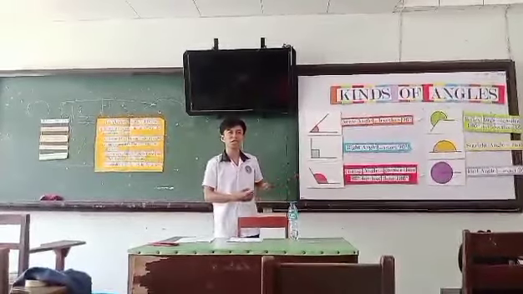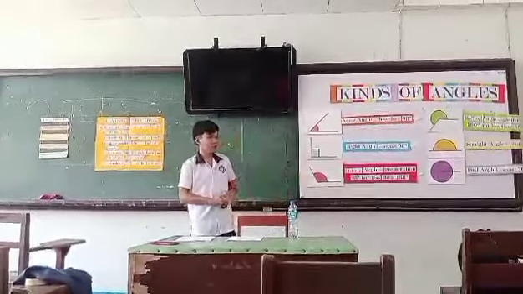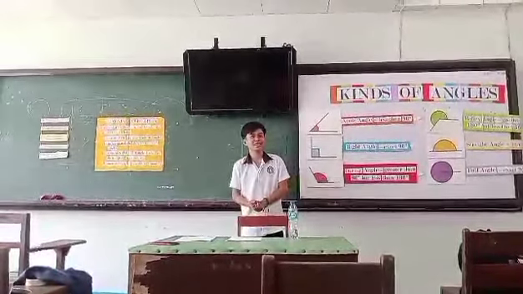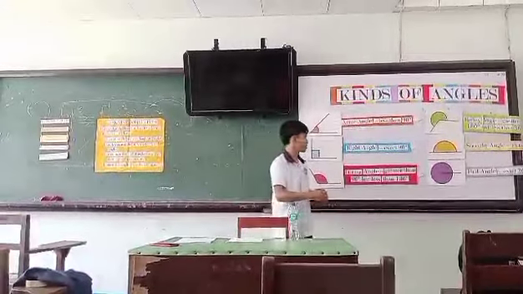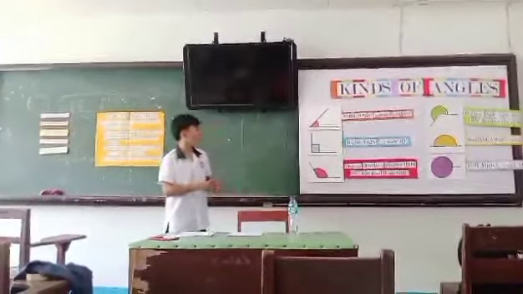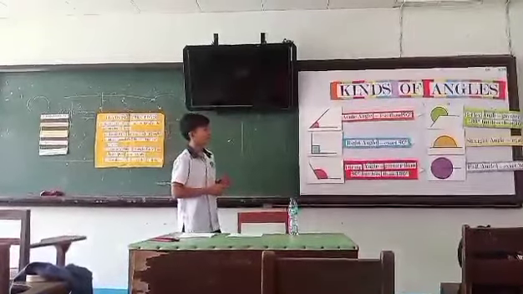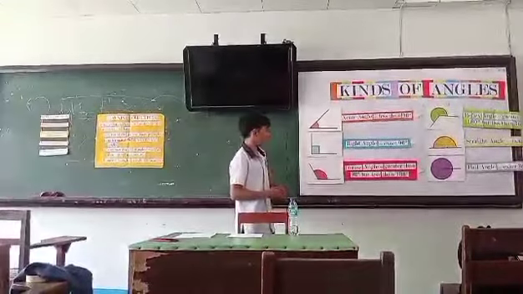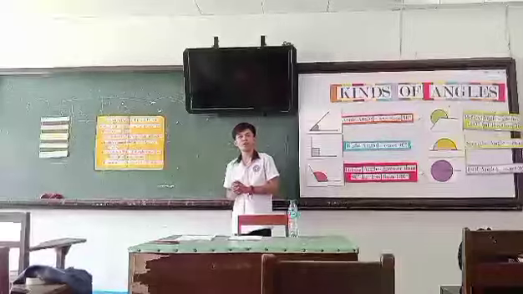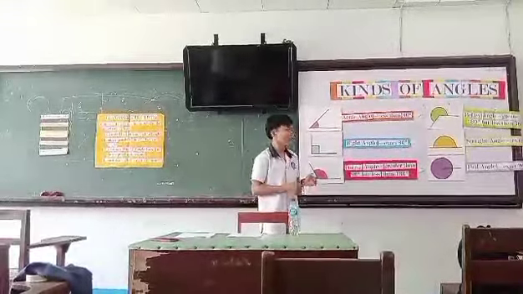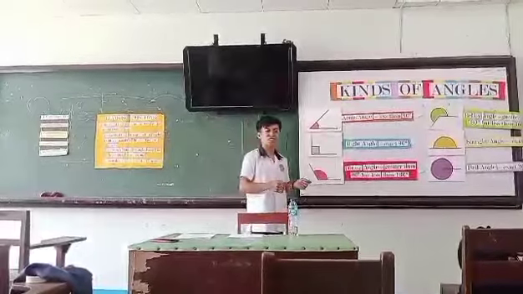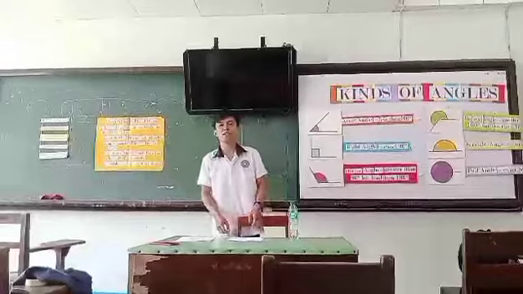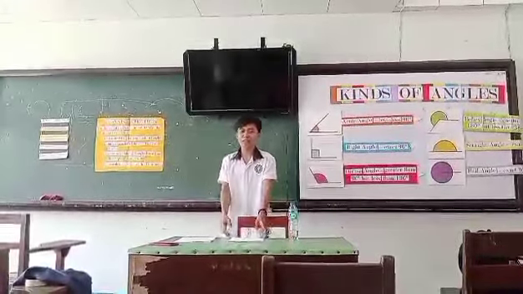Okay, class, are you familiar with those different types of angles? Yes, sir. So, what is the measure of an acute angle, Mr. Verona? 90 degrees, sir. Less than 90 degrees. Very good, Mr. Verona. How about Mr. Devon? What is the total value of a right angle? Exactly 90 degrees, sir. So, thank you, Mr. Devon. How about the angle that measures exactly 180 degrees? What do you call it? Mr. Rocky? Straight angle, sir. Yes, very good. I guess you are familiar with those different angles. So now, let's proceed with our activity.